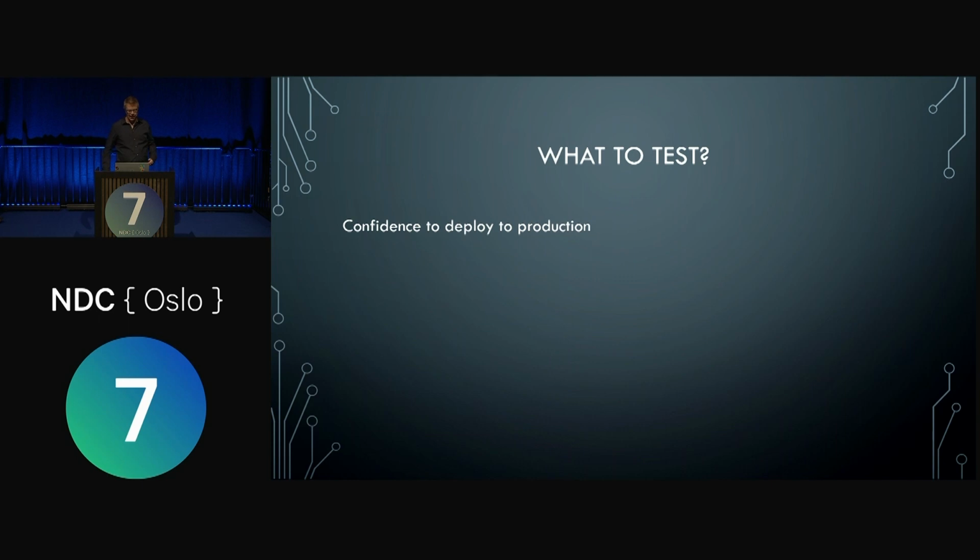But really, I think it's very much about testing enough to have confidence to deploy to production. And that means different things for different systems. There are different consequences to different systems getting it wrong in production, so there's different tolerance of risk. But overall, no matter what the tolerance of risk is, you need the confidence to actually deploy to production, otherwise you're just stuck in your test environment. That's no good. So that's something we want.